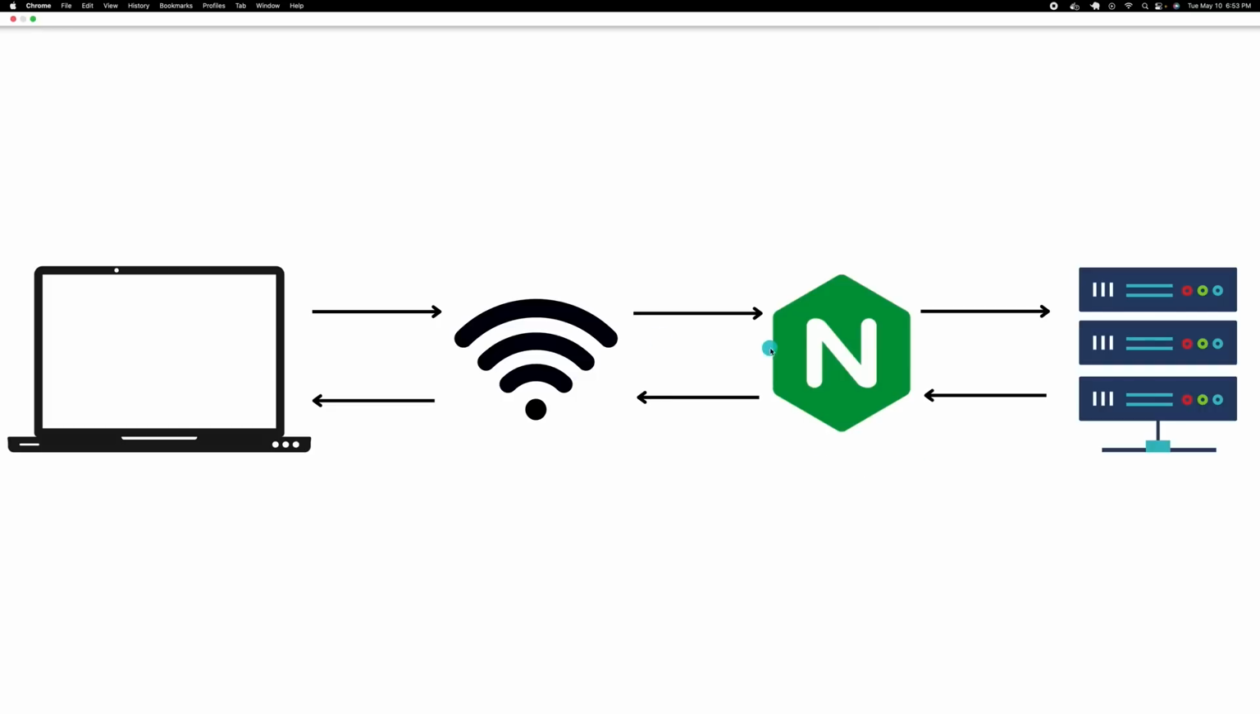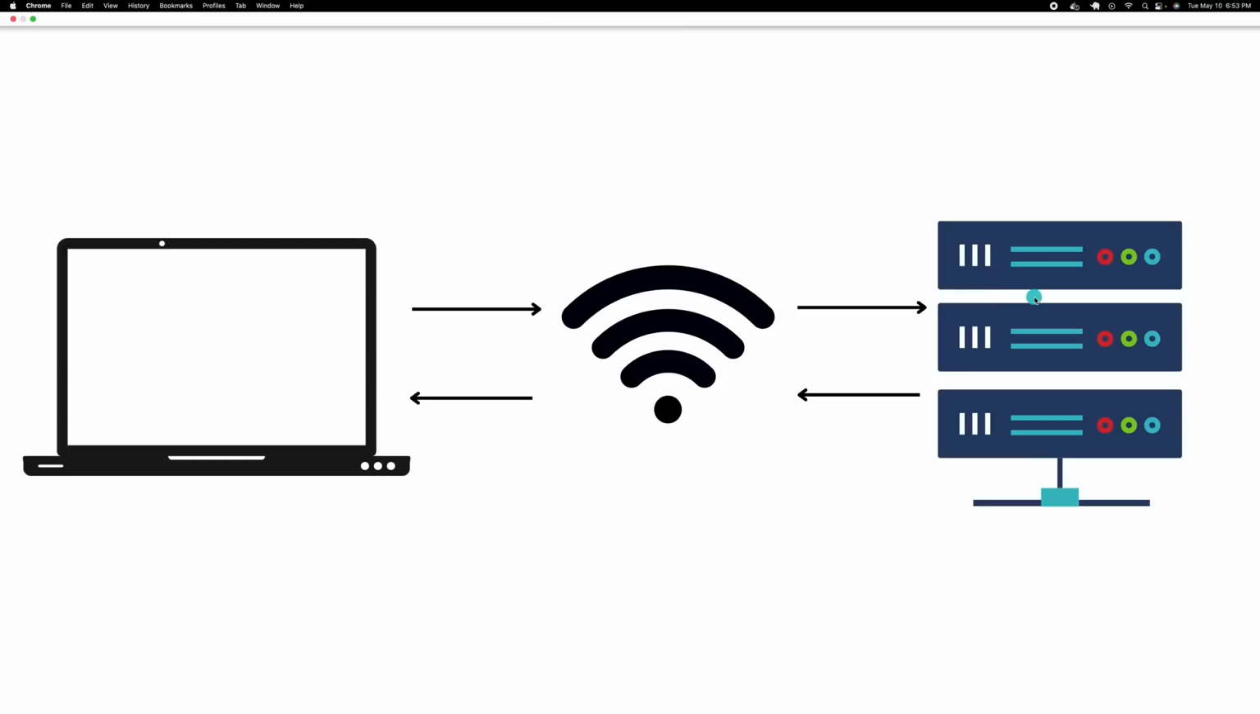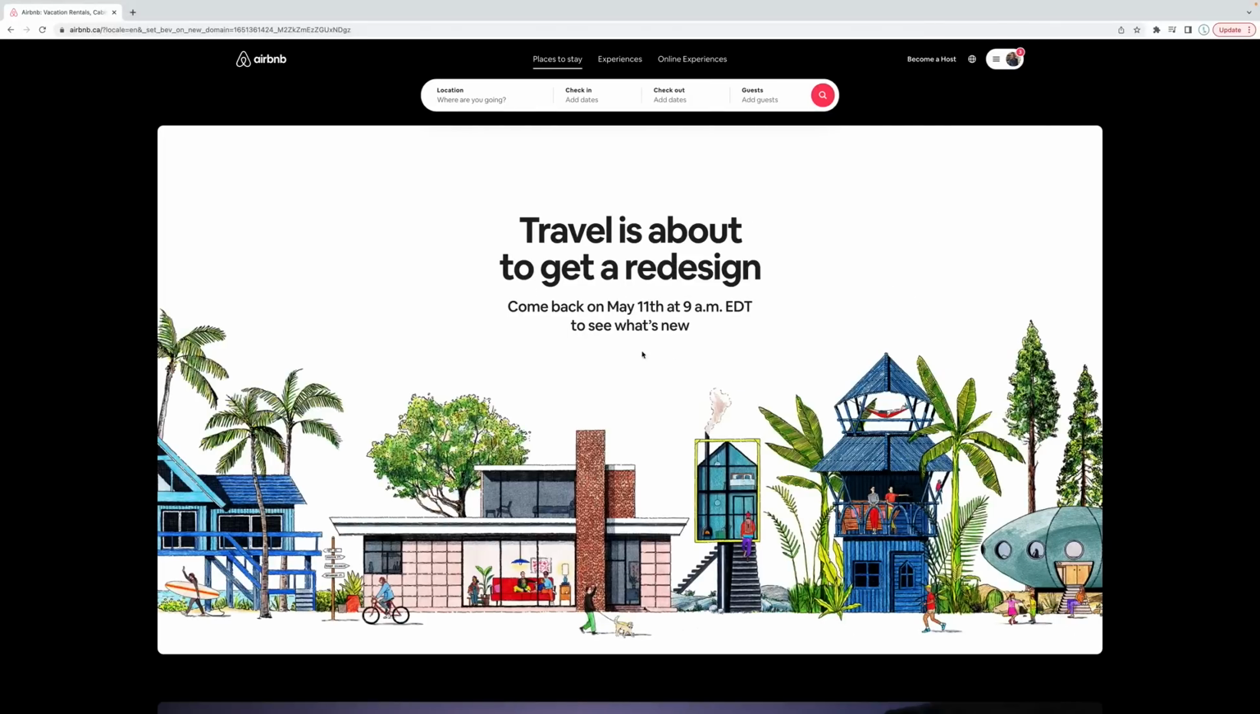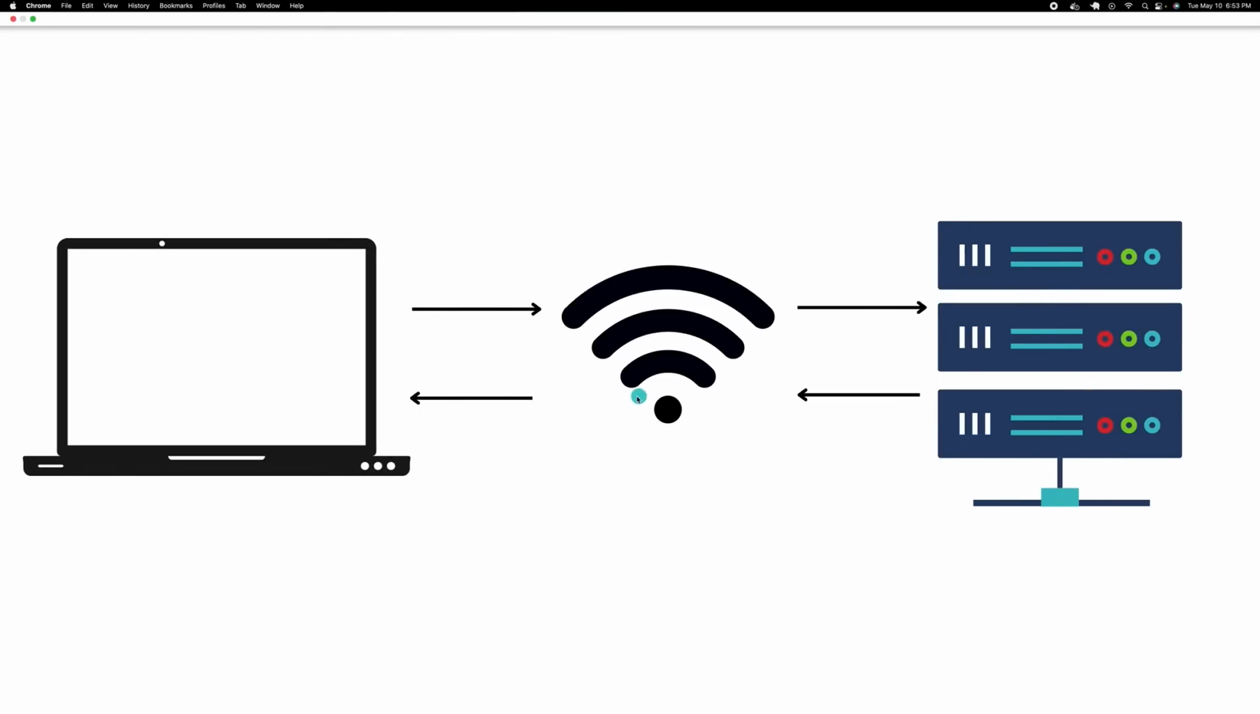Now, you might be thinking, why in the world do I even want this middleman here? This just seems like a whole lot more work. Why can't I just make a request directly to the Airbnb server? Well, this wouldn't be a bad idea if we weren't getting a lot of traffic to our application. However, if we get a lot of traffic, we need to somehow increase the number of servers that we have inside of our